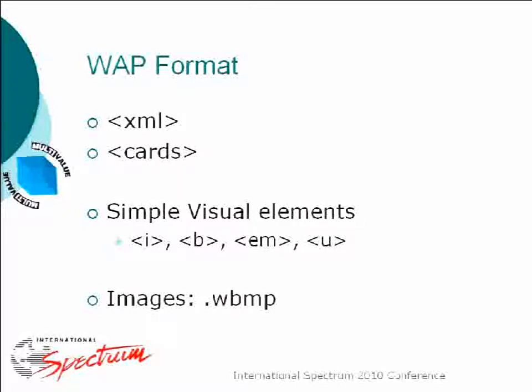If you have to send graphics and you can't guarantee the phone's going to support it, you send the graphics in the WBMP format, which is monochrome bitmap, black and white. But you really don't want to send graphics because most phones that support the WAP format aren't using the internet protocols. They're using